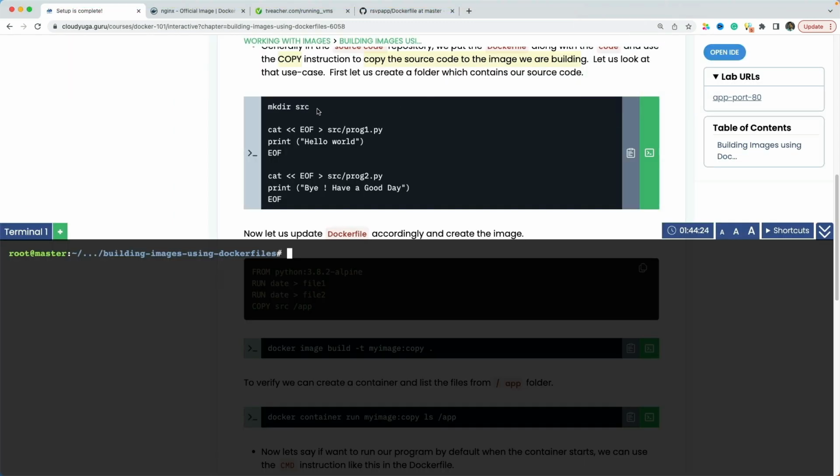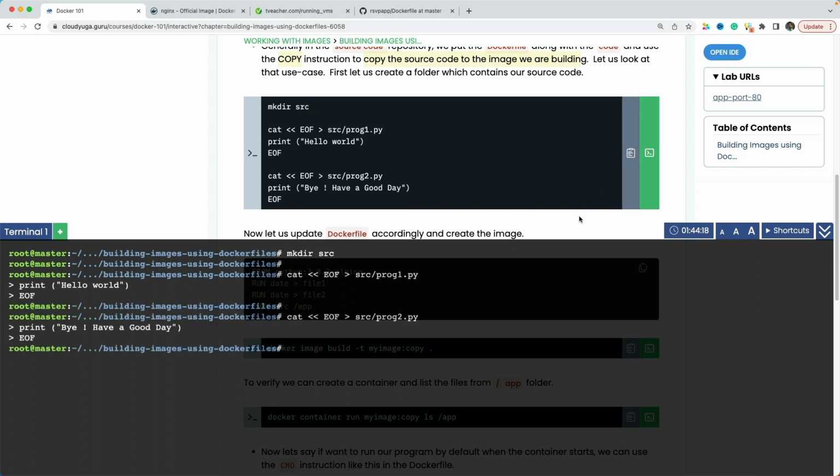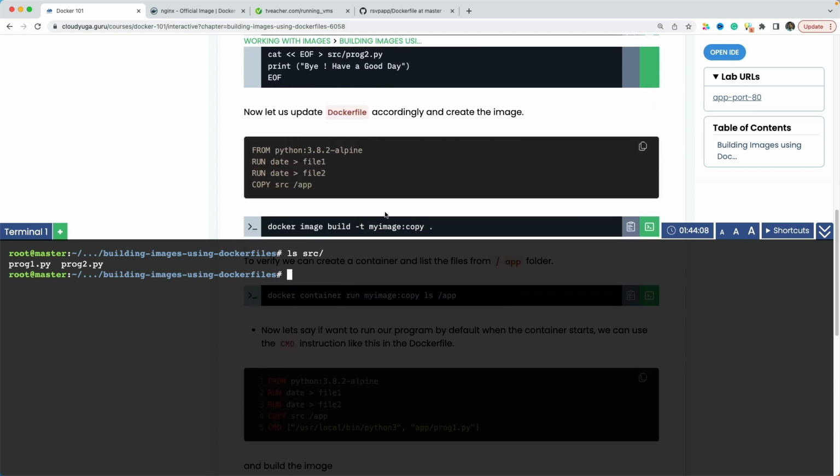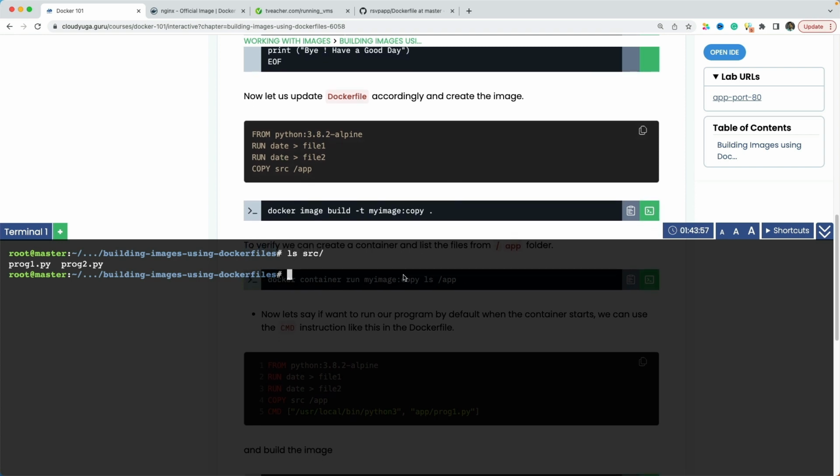So for our second demo, we are going to create an SRC folder in which we have two programs, prog1.py and prog2.py. Now in our Docker file, we are going to have the copy instruction to copy our source code inside the /app folder of the image. So let us go ahead and modify our Docker file and add the fourth line here to do the copy. And now we can rebuild our image,